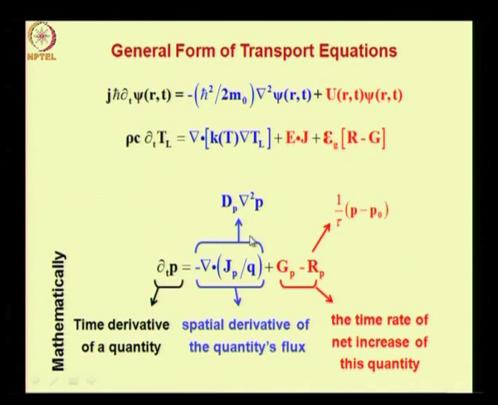Now the corresponding terms are represented in the same color. So let us take the Schrodinger's equation. The quantity here is the wave function psi. So you have a time derivative of this quantity on the left hand side. Now you do have some other constants, these can always be shifted to the right hand side, okay, that is not a big issue. Similarly, here you have del square of the wave function. This is analogous to del square of the hole concentration if you assume the flux of holes due to diffusion. Similarly, here you have the wave function multiplied by the term, this happens to be the potential energy term.